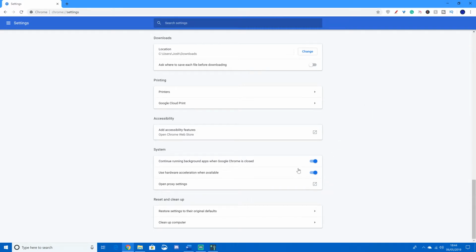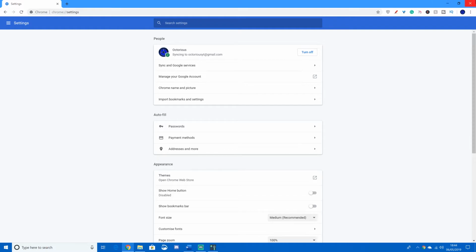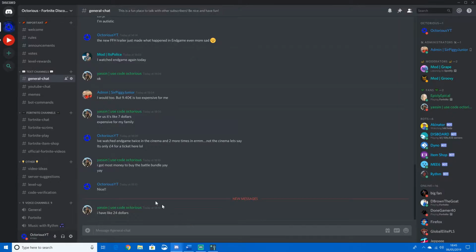So if you want to have less strain on your GPU, allowing for more frames, you want to turn that off. But then for that to come into account, you are going to have to relaunch Chrome, which just simply takes that button, and then you'll be straight back where we left off. And that's that step. For step number 3, you want to actually open up Discord, and if you are using Discord